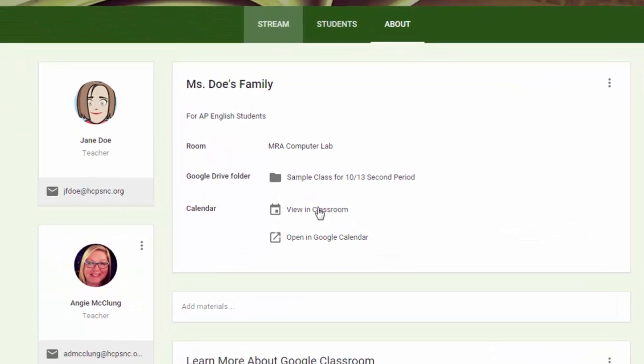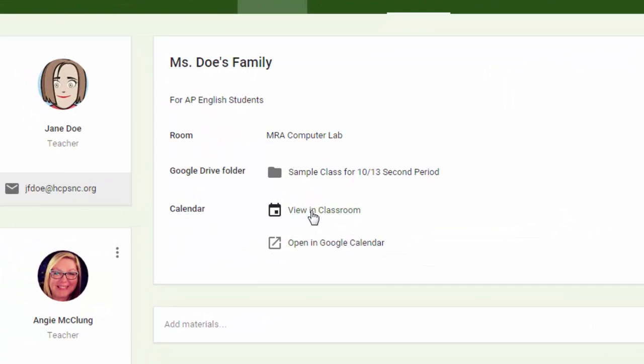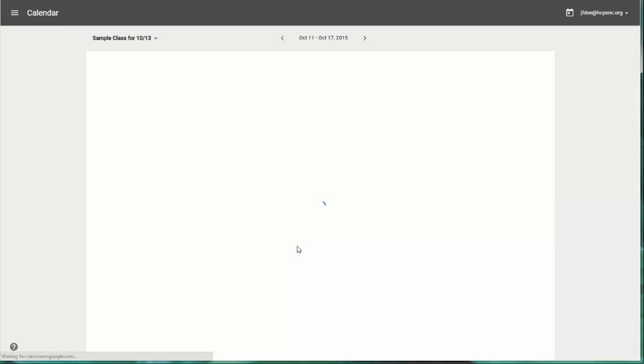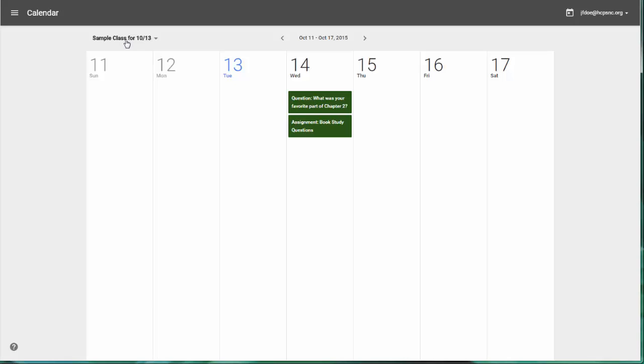Okay. Another way to see the calendar is to go to the About tab. And in this tab, you actually have two options. The first one is to view the calendar in Classroom. So I'm going to click on this so you can see what it's like. And this actually gives you a weekly calendar. And you'll notice that these were the two assignments that we added today